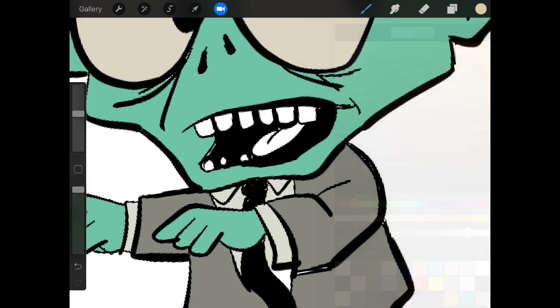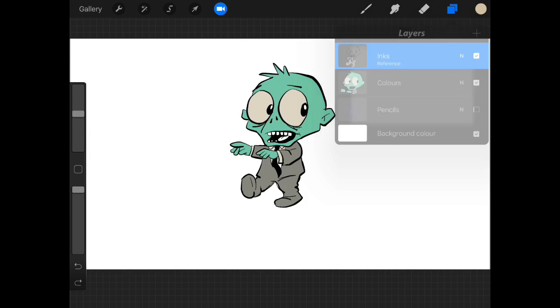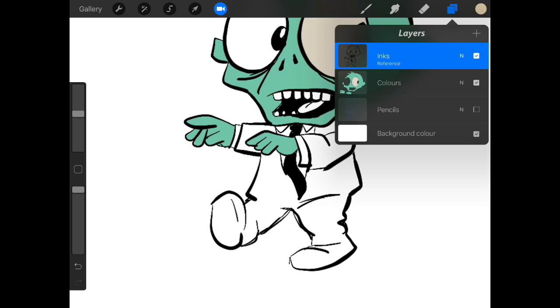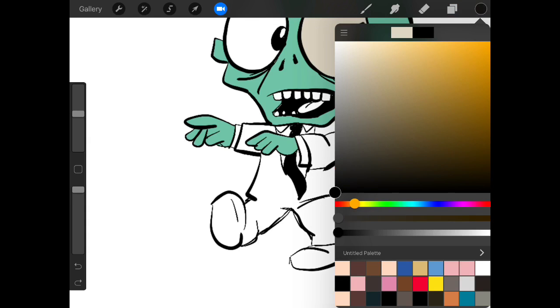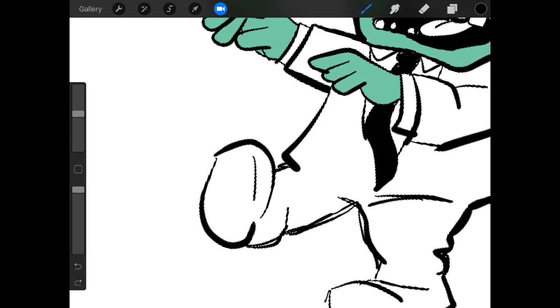So we want a dirty grey. Let's colour his teeth in. So I'm going to make his teeth yellow. So we can actually, oh, okay, so I'm making a few errors here, so let's go